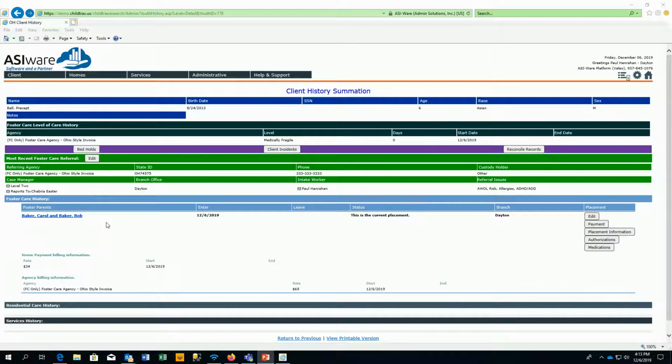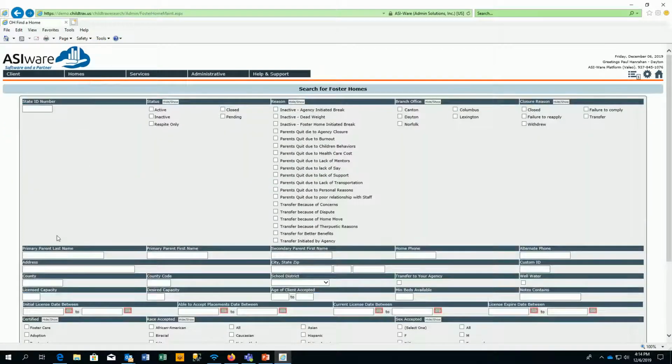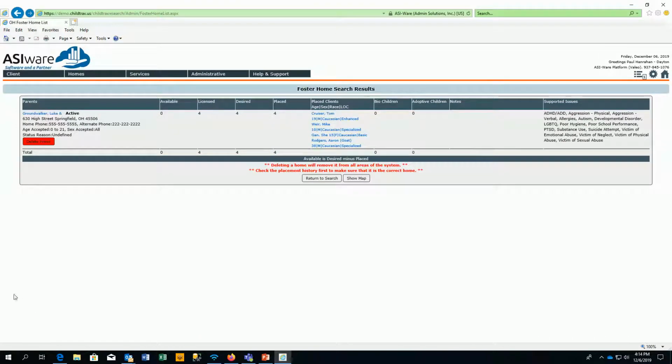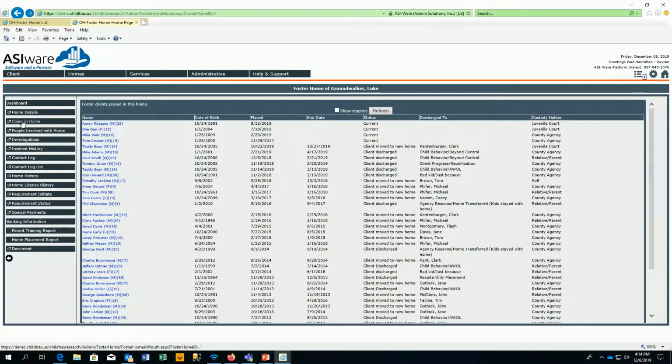Okay, the next one is the foster home screen. So let's go ahead and we'll go look at the Groundwalker home. So I'm going to go find the home, find Luke. Pretty much everything I do with Luke Groundwalker. So now we're at the home details, and if we click on the client and home list, you'll see that